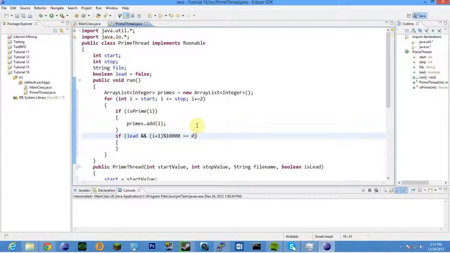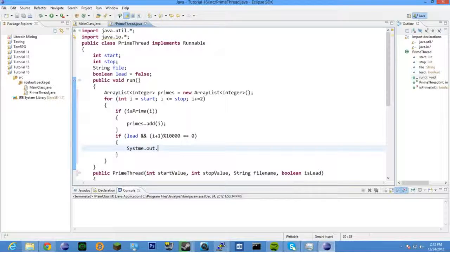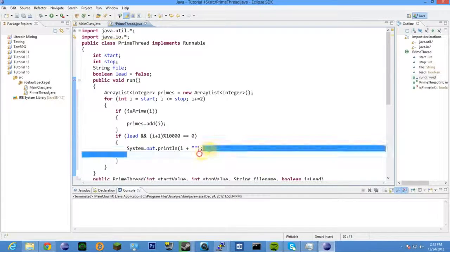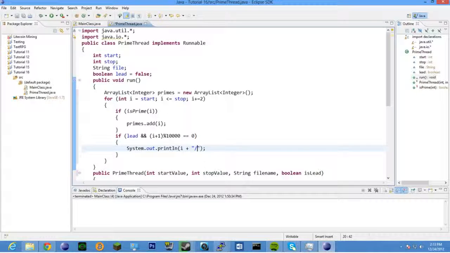So 1, 3, 5, 7, we're going to get to 99,999, 10,001. So we want to add 1 to it to make it so that it will always be even when we're doing this comparison. And in here we just want to do system.out.println, and we want to say I, plus